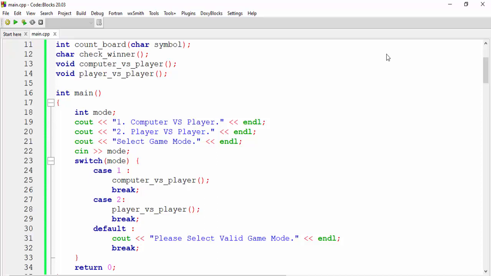Now I have a little assignment for you. So I want you to add another feature in this game. Now the feature will be like this. First, you will ask the game mode from the user. So the user will select either computer versus player or player versus player. And then you will ask how many rounds you want to play. So if the user says I want to play 5 rounds, then you will play the game 5 times. Okay. So let's say the computer won 2 games and the user won 1 game and 2 games are a draw, then you will also display the result that the computer won the game, and how many rounds: the computer won 2 rounds and the player won 1 round. So you will print the result as well.